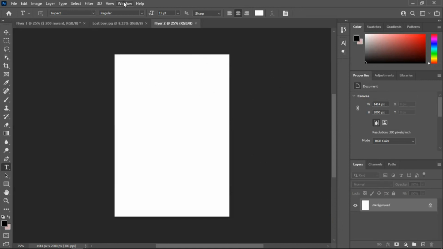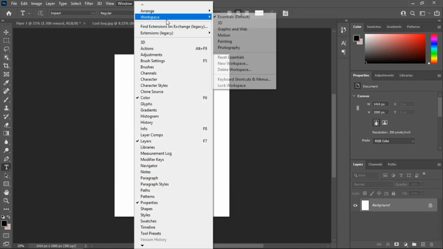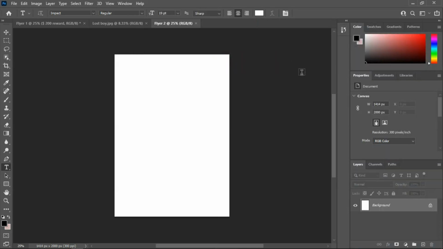Then the first thing that you do is to reset essentials. You go to the window, then workspace, then to reset essentials. And then now